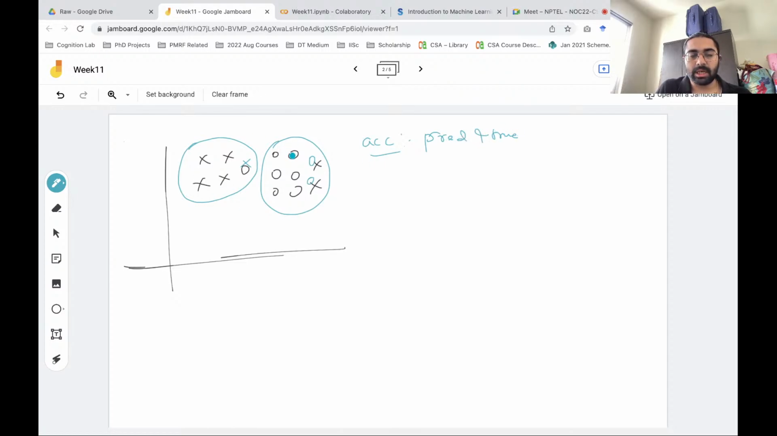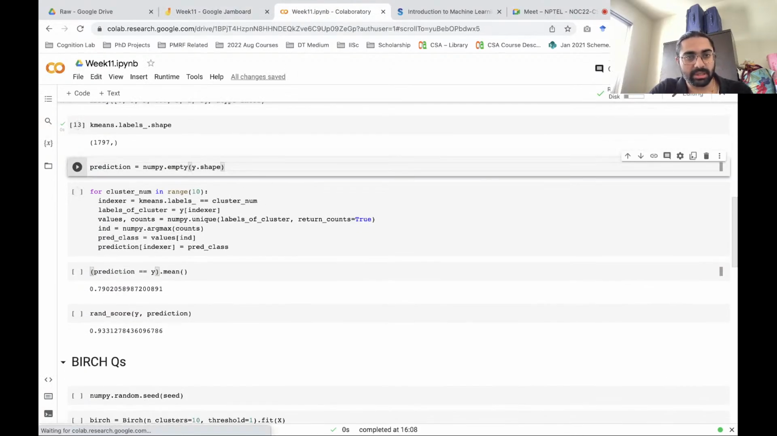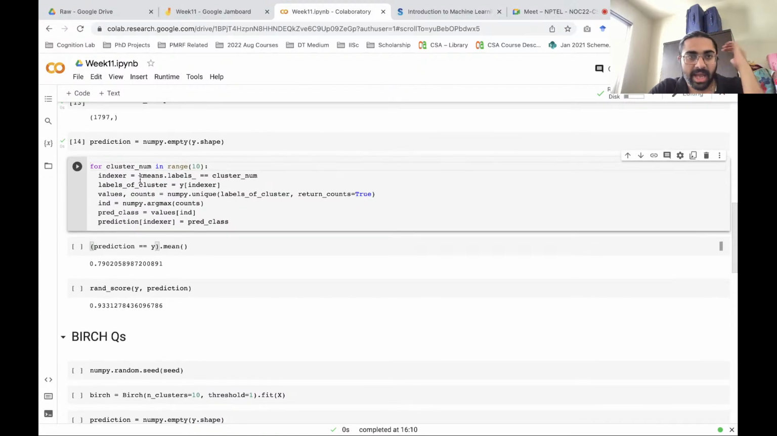This true is basically whatever the actual class label is, and this predicted is the majority label of the class to which most of the points in this cluster belong. So we'll do that approach here. We take an empty array, and then for each cluster in range of 10, for 10 clusters, we look at what all points belong to that cluster. We find out the maximum